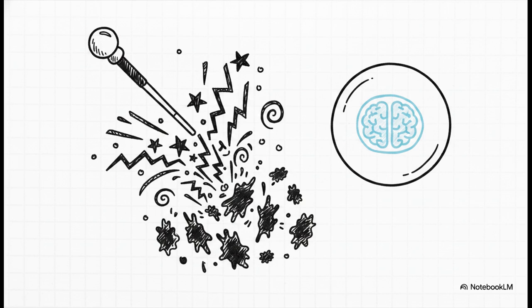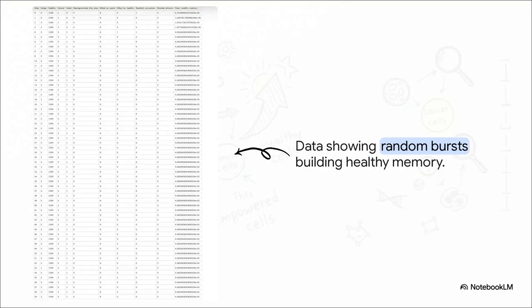Think about it. If the therapy was totally predictable, the cancer would just adjust and keep growing. But by varying the wand's effects unpredictably, it constantly knocked the cancer off balance. That unpredictability was a vital tool because it created the literal windows of time needed for the healthy system to learn and build memory. Scanning the raw data here, we can see exactly how those high-intensity bursts created physiological breathing